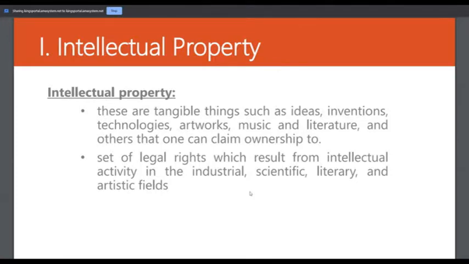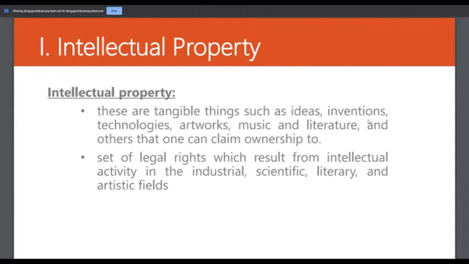Say for example, any book that you have written, then that is something that you can claim ownership to. Or any song that you have composed, then you can claim the ownership for that song, or any artwork or any inventions like what has already been mentioned here.